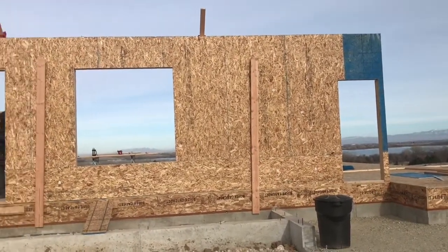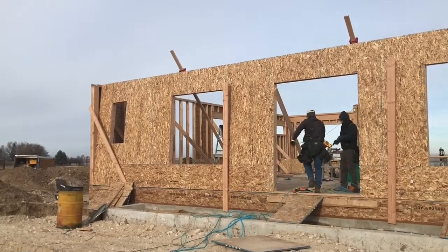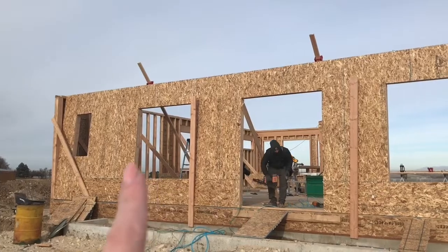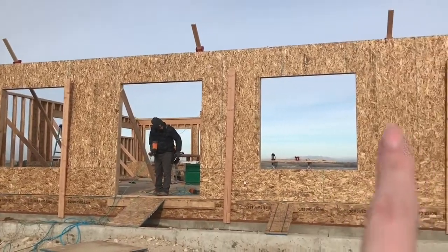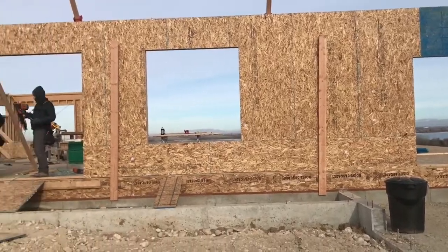There they are. They just put the front of the house up. There's my closet, nursery, front doors, dining room. We're gonna have a garage. It's coming. So as we're walking down to the basement level, I'll tell you guys kind of how this project